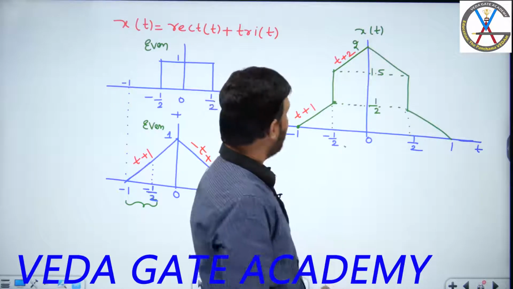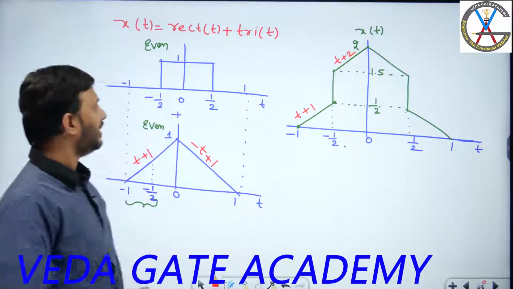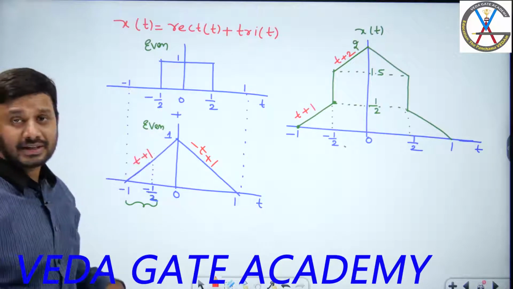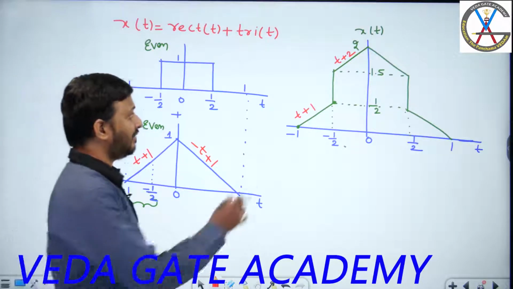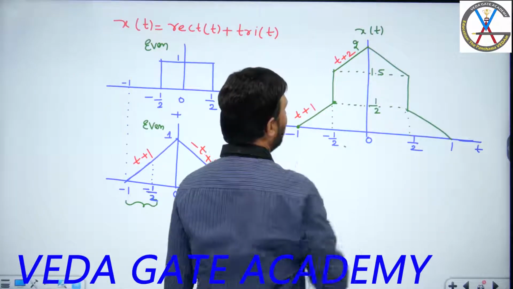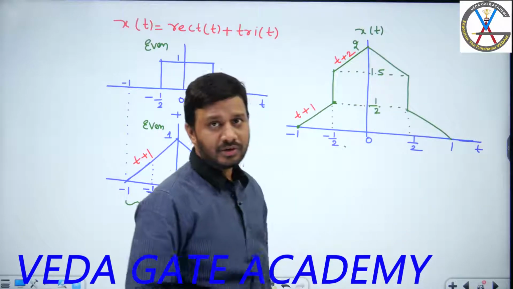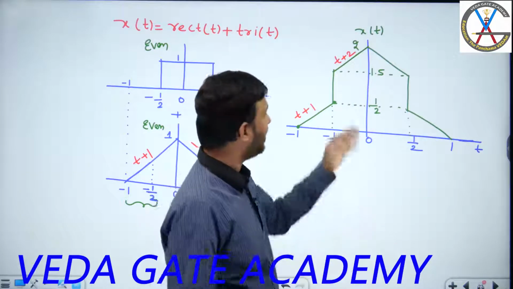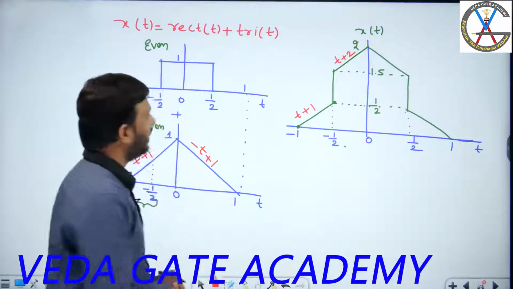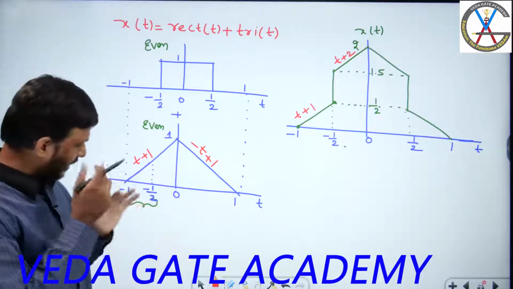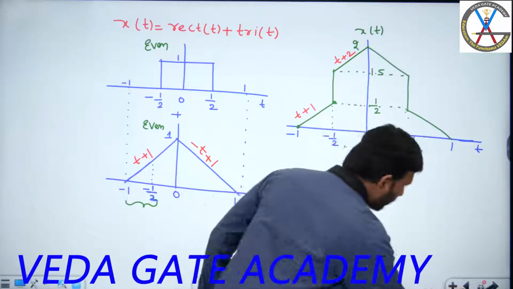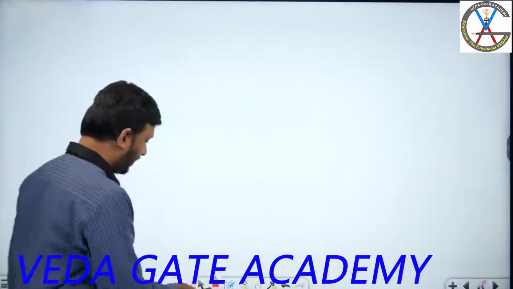It will be 2. So after getting this, what I am saying is, if you are adding two even signals, the resulting signal will be an even signal. Means if I know the portion of the signal for t less than 0, I can draw the portion of the signal for t greater than 0, because of even symmetry. Right? Now I'll do one thing. Hope you are all comfortable with this. If you are comfortable,